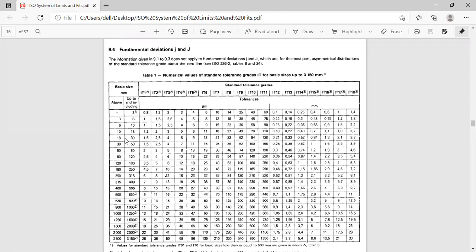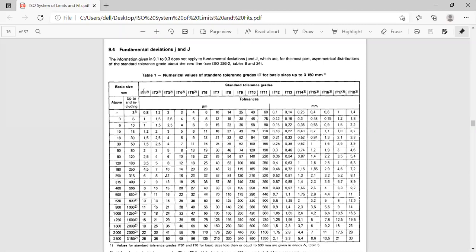Suppose I take my diameter step from 18 to 30. How to take that? This as D minimum, this as D maximum. In the calculation, D is equal to the root of D minimum into D maximum. So how do you calculate small i or capital I? Capital I is for sizes from above 500 mm up to 3150 mm. So you have to remember some values. At least some by-hearting is required at some stages, and some logical understanding at other stages.